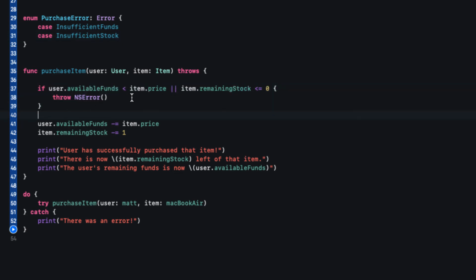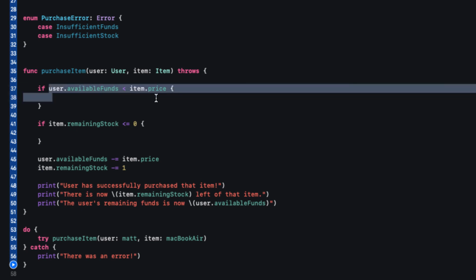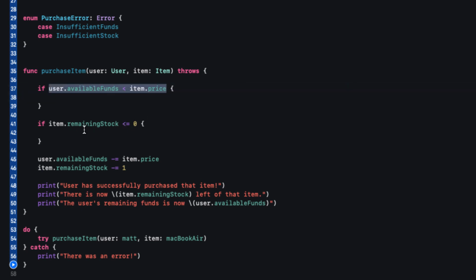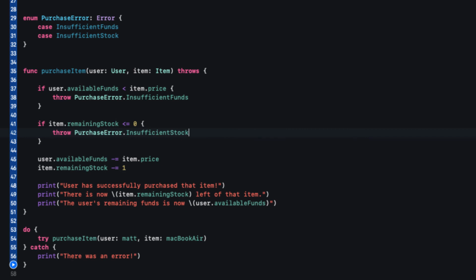So now, back into our purchase logic. Rather than doing this, we can now break out this if statement into two different if statements. Like so. So one if statement for if the user hasn't got enough funds for this item, and one for if we haven't got enough stock. If the user hasn't got enough to purchase the item, then we're going to throw PurchaseError.insufficientFunds, our new error from here, which is of course a PurchaseError. If we haven't got enough stock remaining, then let's throw PurchaseError.insufficientStock. We are now throwing more descriptive errors, and that's really, really important